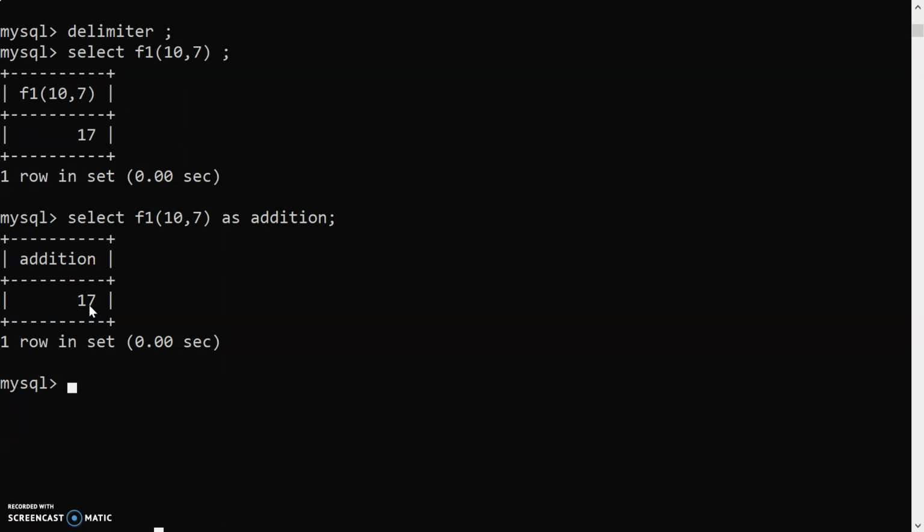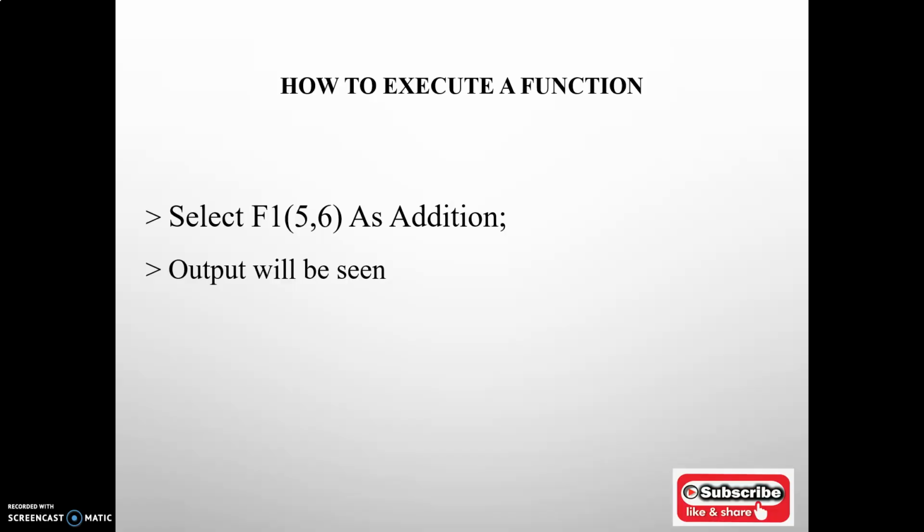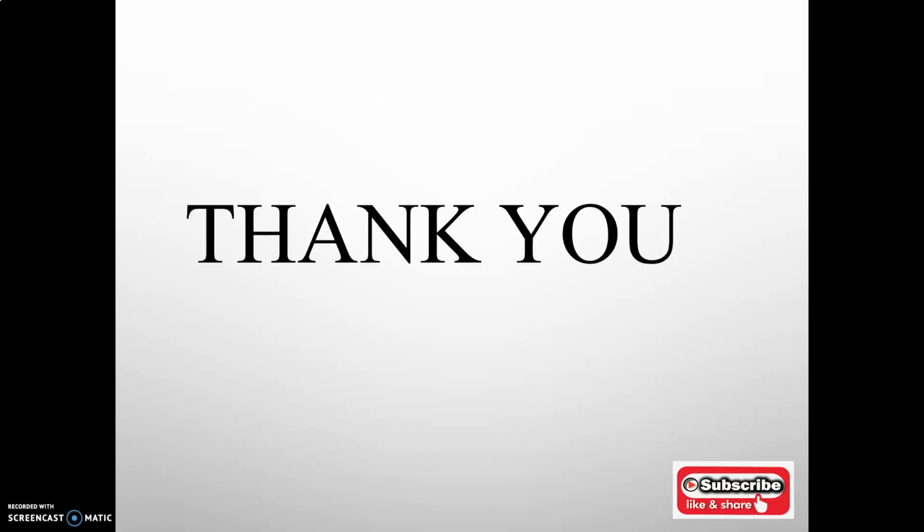So in this video, I have shown you a practical implementation of a very simple example, addition of two numbers. And I have explained about the stored function and what the features of a function are. I think you must have understood this video. In my next videos, I will be explaining various problem statements of function and how to execute and create that function in MySQL. That part I will show you in my next videos.